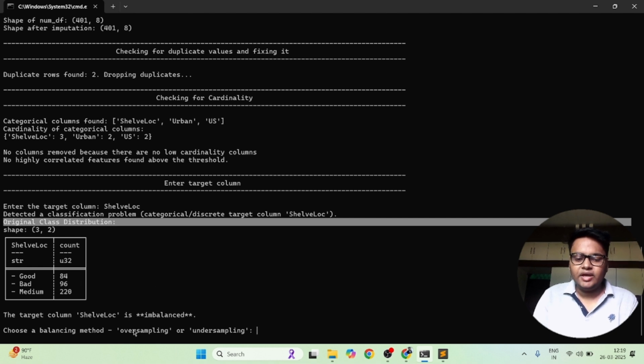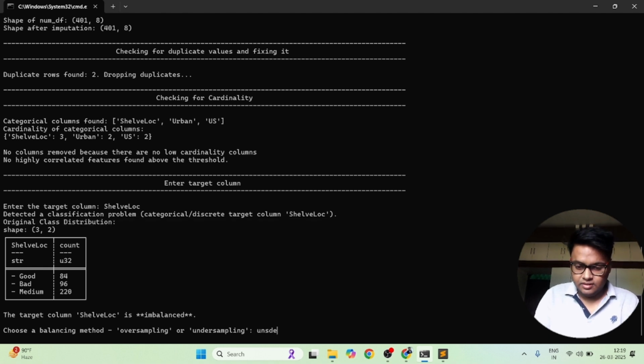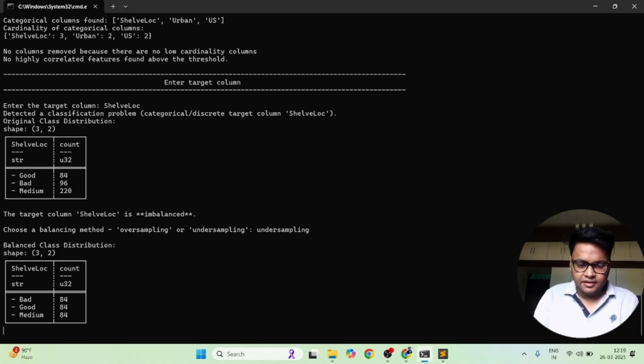So what we can do, we can either apply oversampling or undersampling. Now let me choose undersampling here and click on enter. And you can see the data is now balanced. After that, it will perform univariate, bivariate and multivariate analysis and give me the clean data.